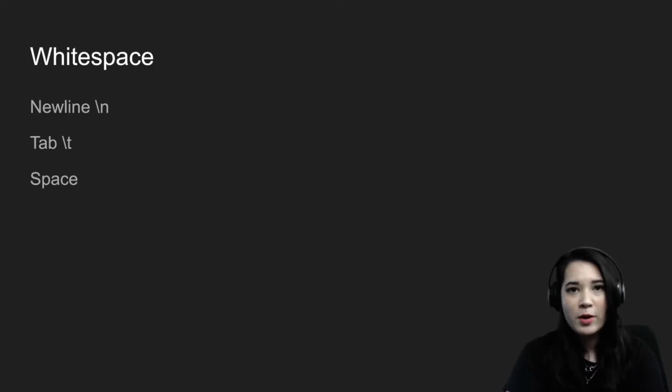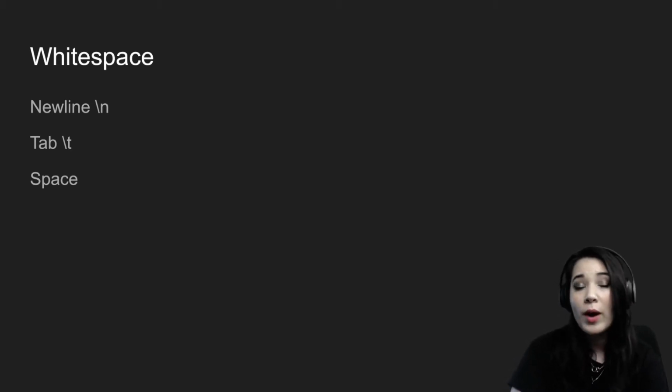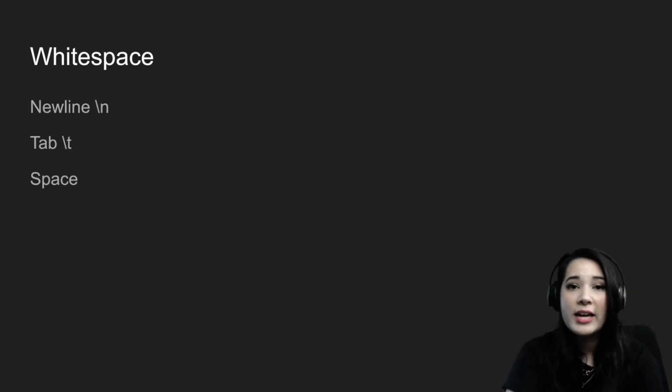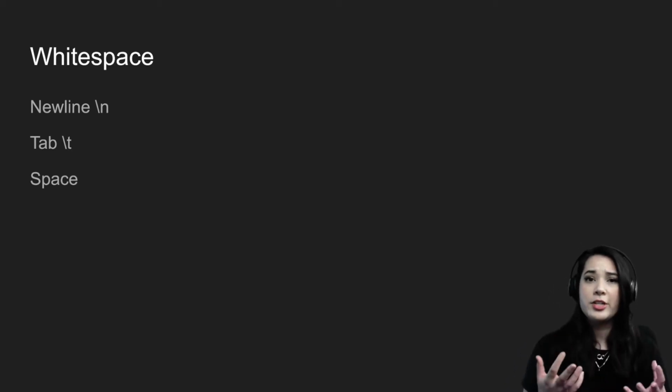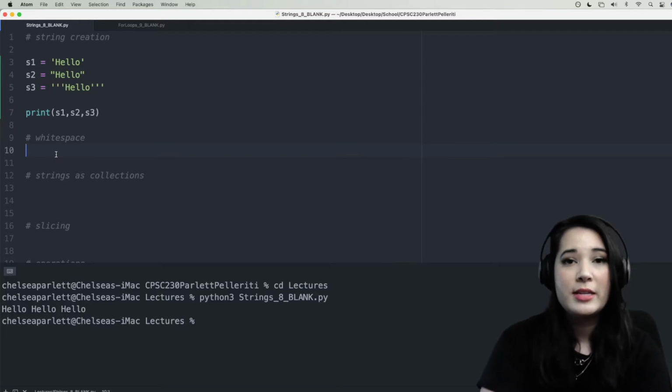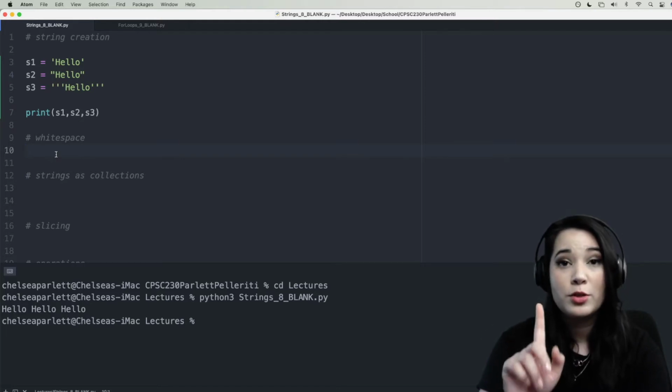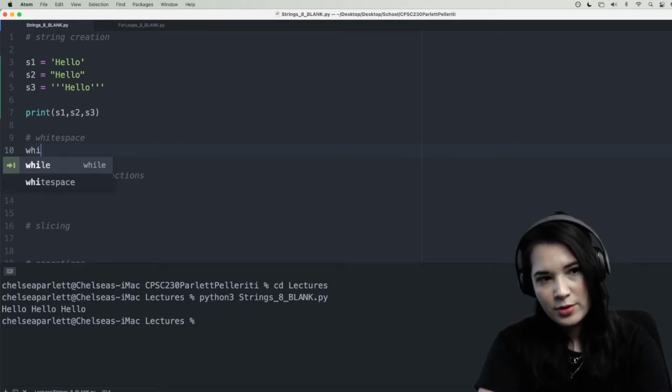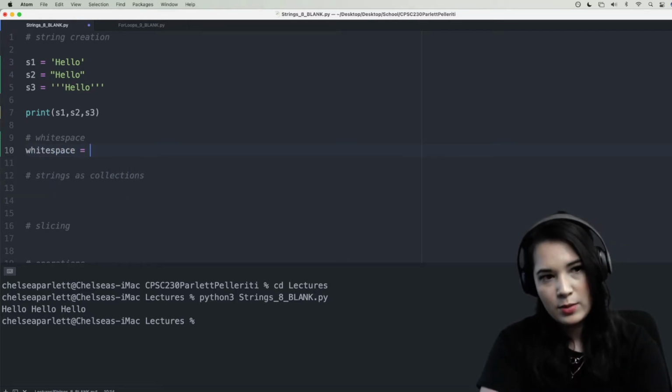Now, we've talked about whitespace in the context of code. For instance, we have indentation under a while loop or an if statement that tells Python what code to run in those cases. But whitespace can also appear in strings. Whitespace is things like a new line, a tab, or a space where there's no character that's necessarily showing up, but it's a part of your string nonetheless. So there's special characters that allow us to put whitespace in our strings, even those that aren't made with the triple quotes. So let's have a string called whitespace and set it equal to hey, and then we're going to